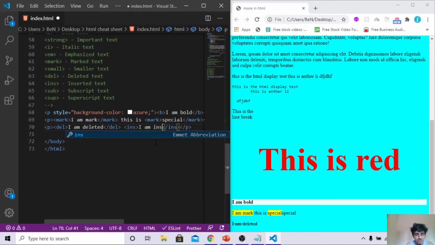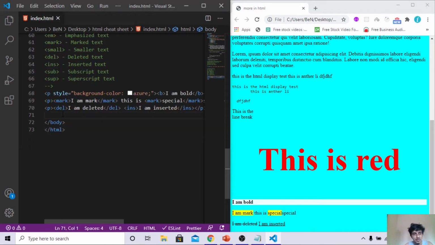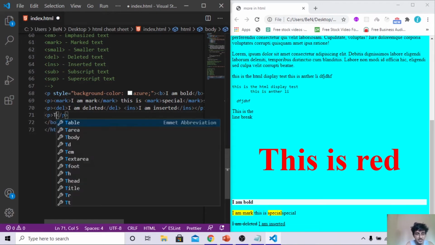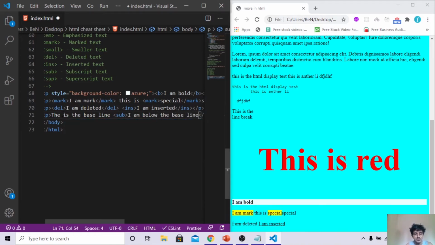I am inserted. Save it and underline. I am deleted and I'm inserted, just like that. And subscript, the text will go a little bit downward, down the normal flow, the normal baseline of the text. That is, this is the baseline. And sub, I am below the baseline. Save it,